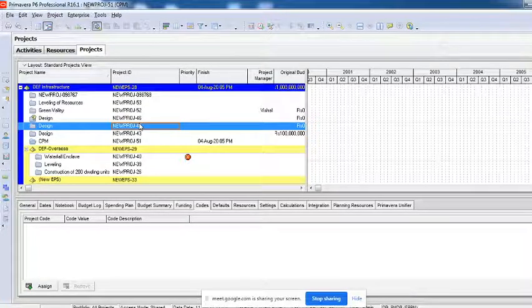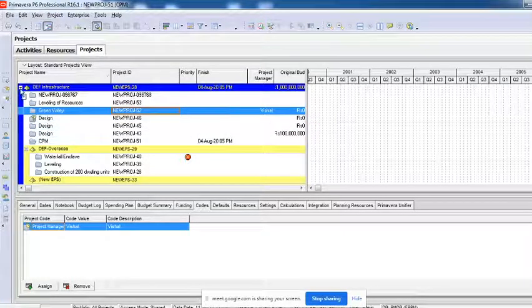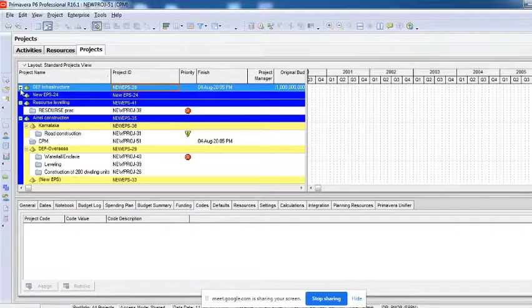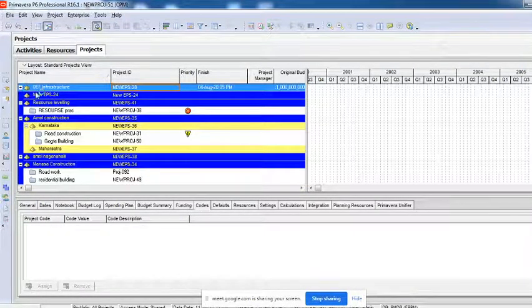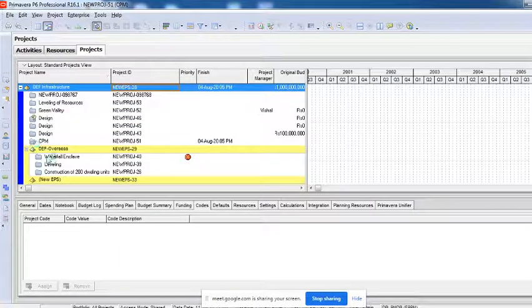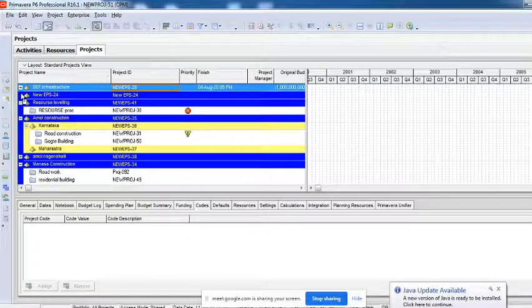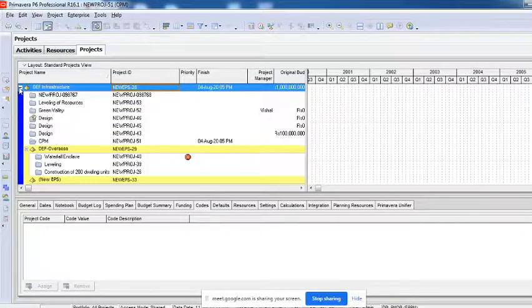These projects are already grouped into EPS, right? Correct, no? So these three projects come under DEF overseas or DEF infrastructure. Currently these projects are grouped into EPS. Now I do not want grouping to be done with respect to the EPS. I want grouping to be done with respect to my clients. Understood? Now how do we do that?